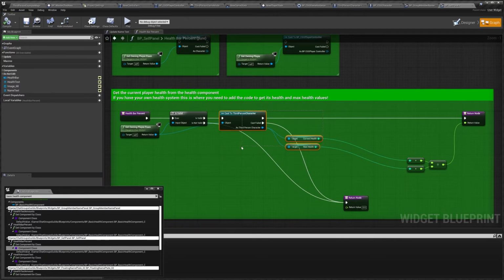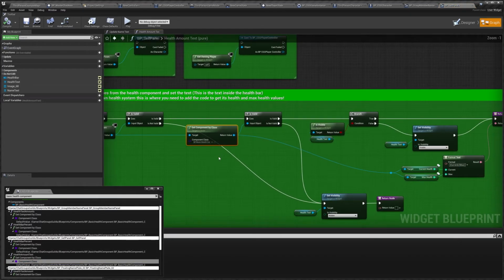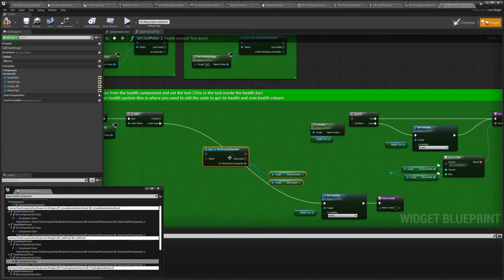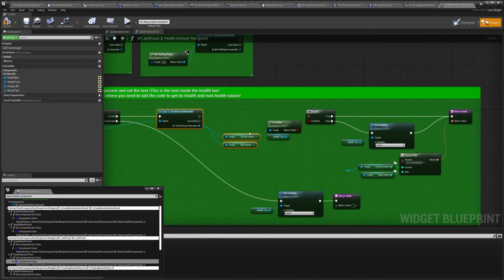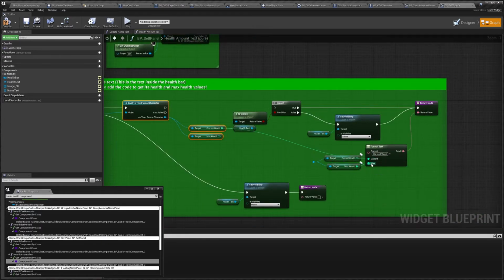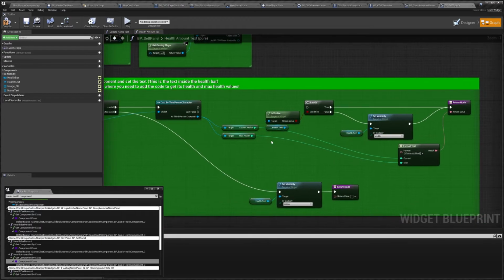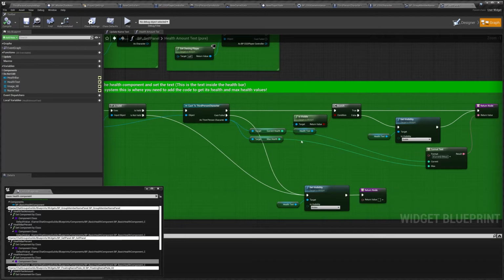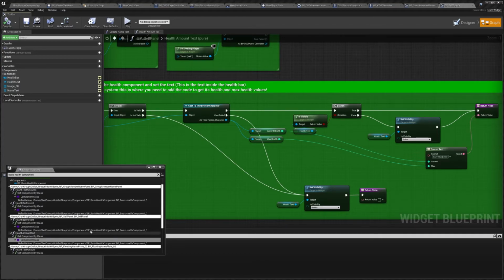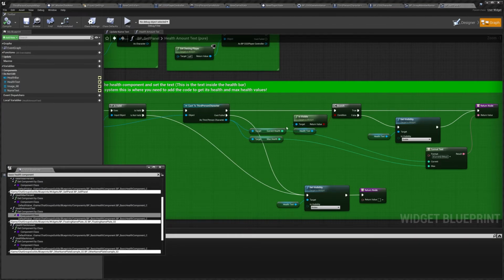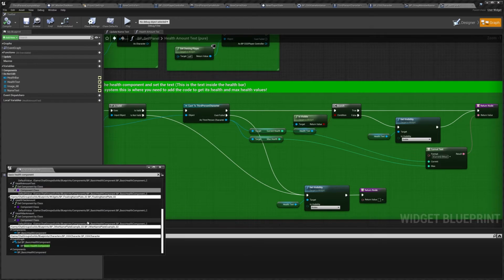And we'll compile that, and we'll just copy this as well because we need to do it again over here. So we'll just paste that in. We'll delete these, connect it up like this. Current health into current and max into max. And we'll connect this up to the branch here and the cast fail into here. So now our self-health panel uses our health from our third person character,